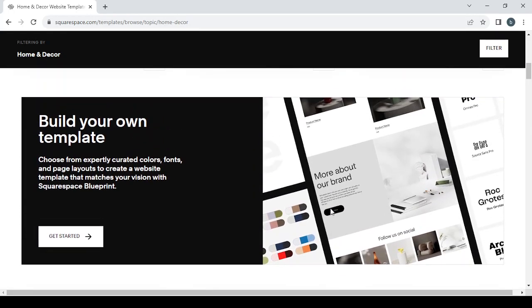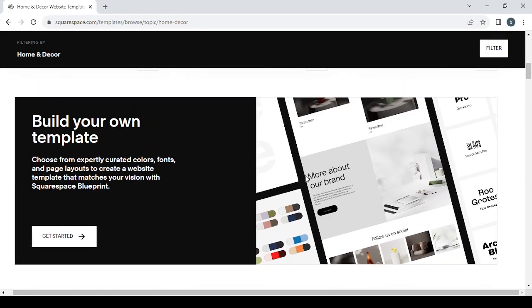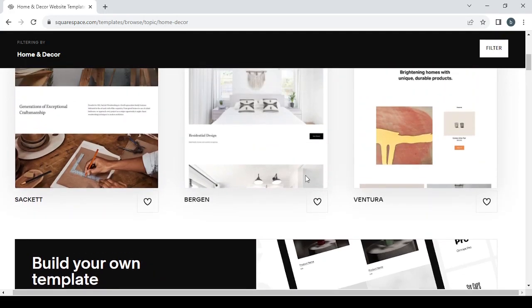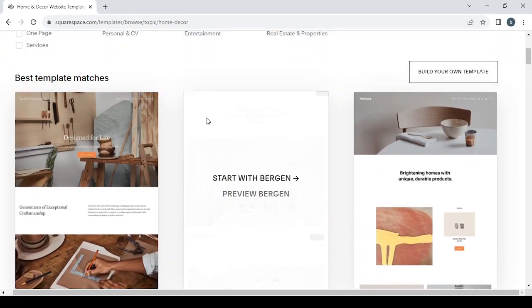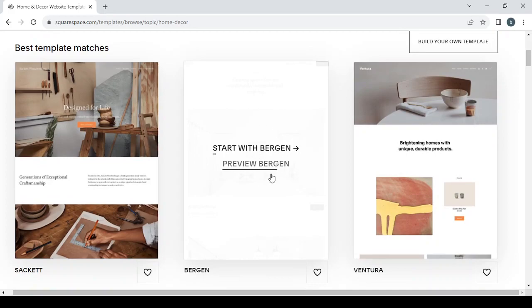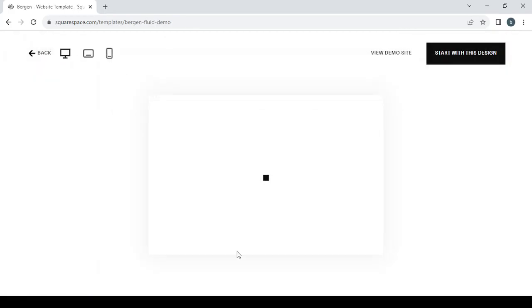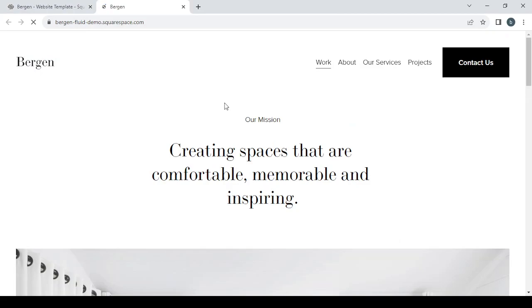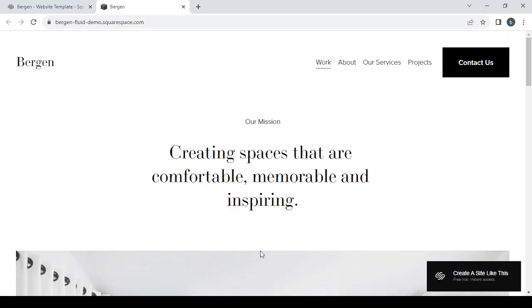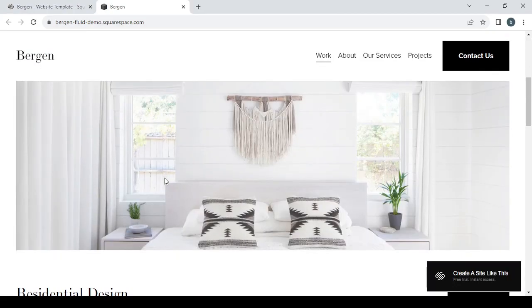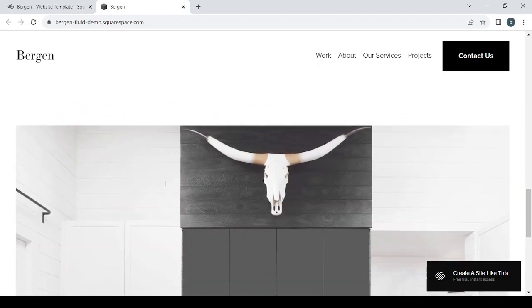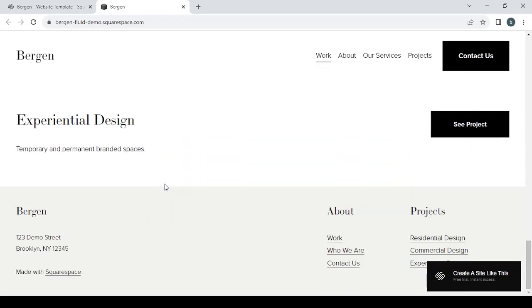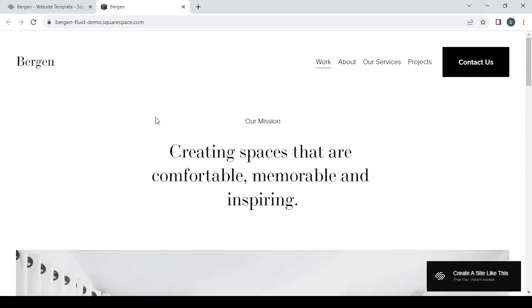Here we have the blank template for those who want to build their own template from scratch. So as I was saying, I'm going to use this template. Click on preview version, which is the name of the template, and wait for it to load. Then you click on view demo site, and this is the template in full width. We just check it and see if it really fits us and meets our requirements. Then we close the tab